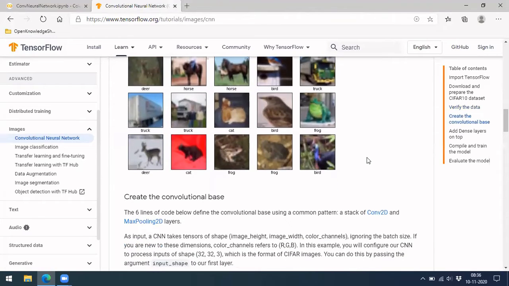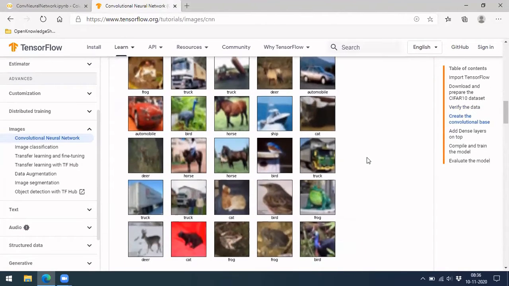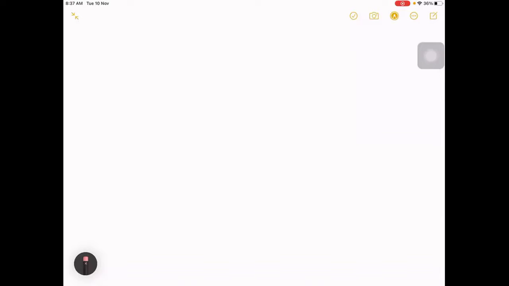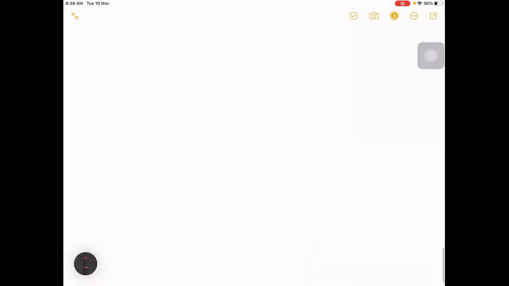Now what we'll do is, how actually the convolutional neural network is, sorry, not convolutional, your data is. We have to design a convolutional neural network for the given data. So now let's jump on to our notes and try to design this network within our page. Before jumping onto code, let's try to do it here. So what exactly are we doing?